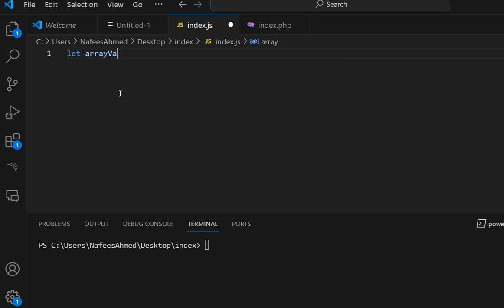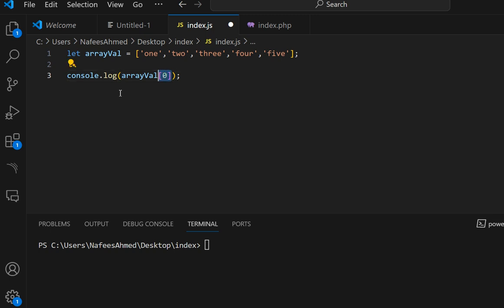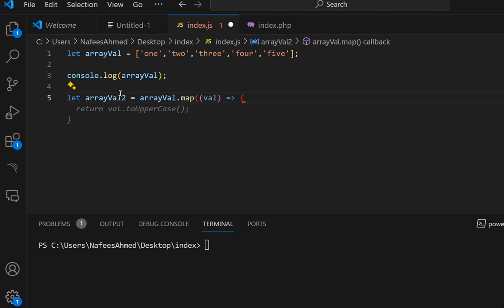Let array val. Now we need to create an array. I just create an array with only 5 elements. So now console.log array val. Now we use array val dot